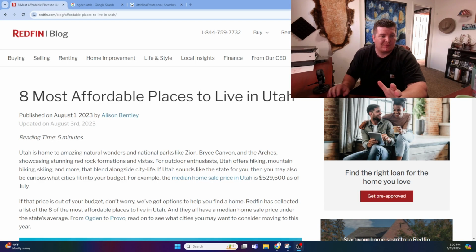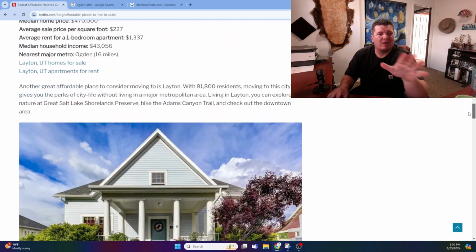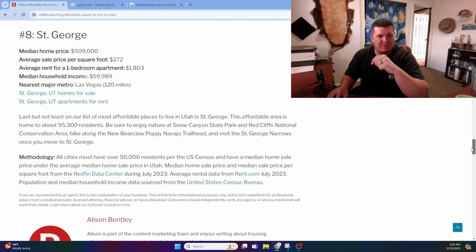But other than that, let's just get right on into it with number 8. Just to source all this information, this is coming from Redfin, a blog. It's just basically a news article in general. There's all your answers. You can see all of it ahead of time, but if you want to hear some more information about it,